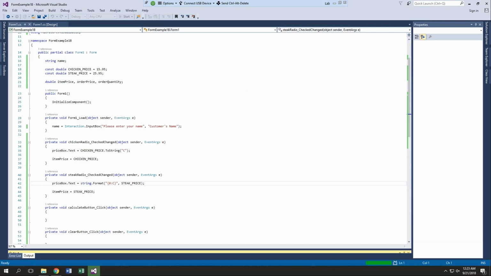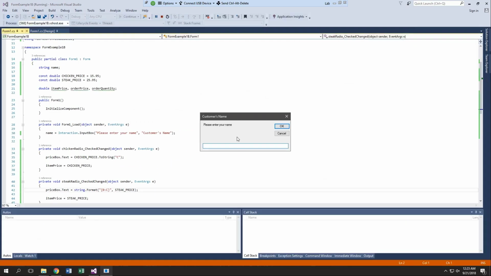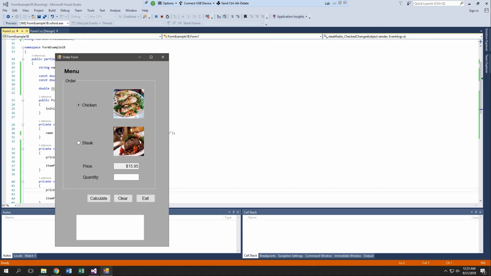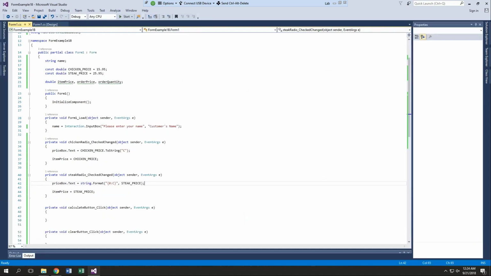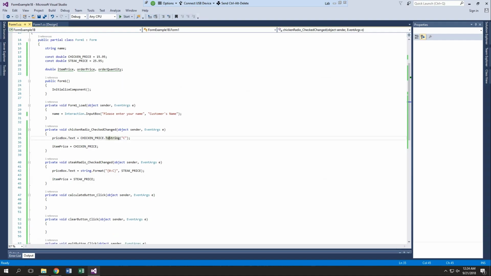I won't be able to use the buttons, but I can use the radios. So here's a nice little input box, and you'll see it's auto-selecting chicken. But now it's doing the currency formatting. It wasn't doing that earlier. So either way works the same. You can do it this way, or you can do it this way. Okay, so